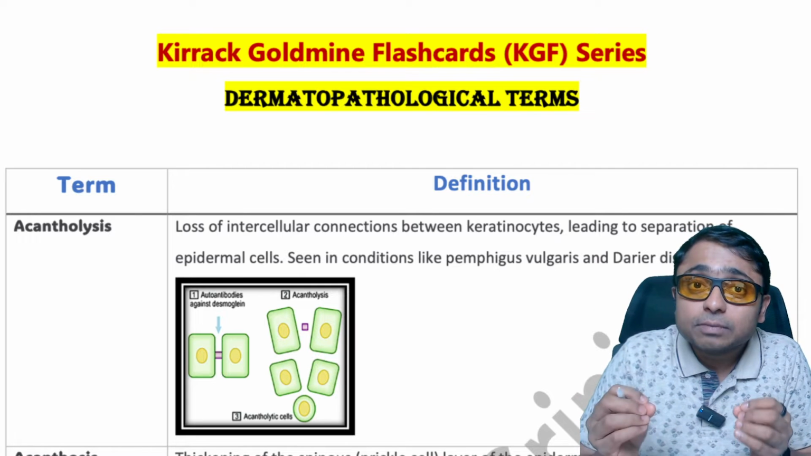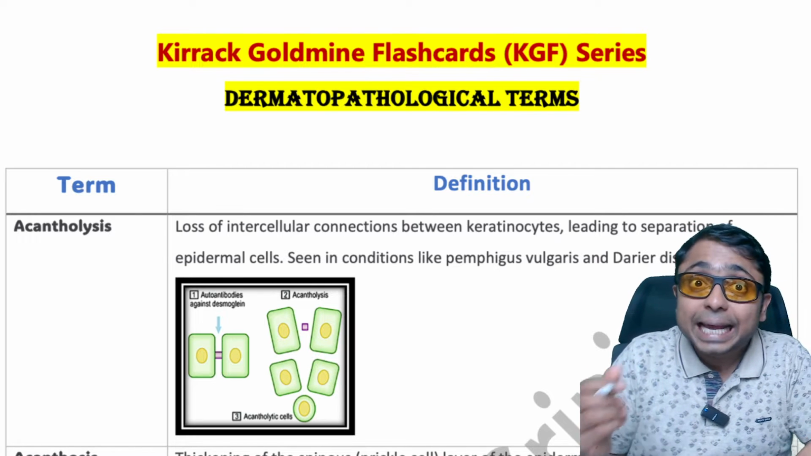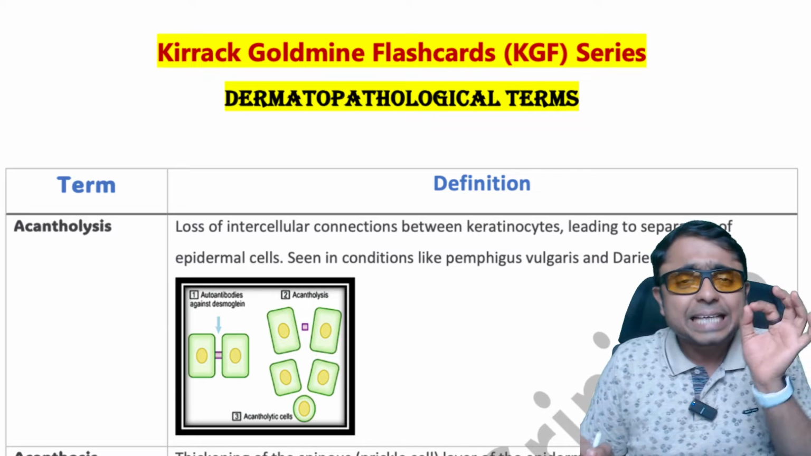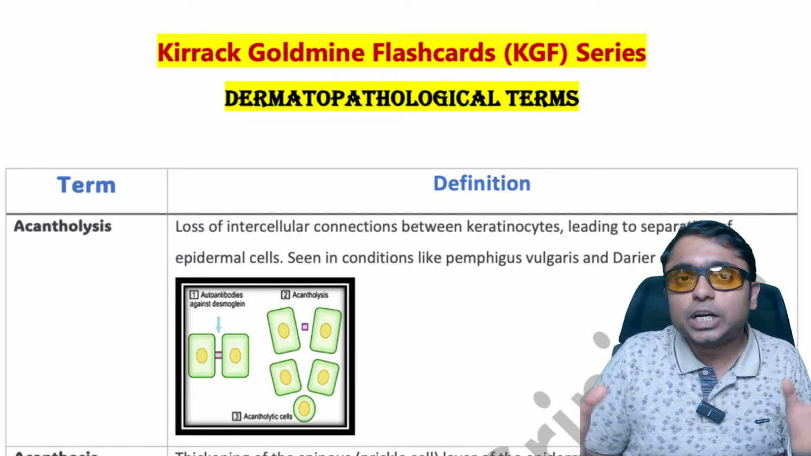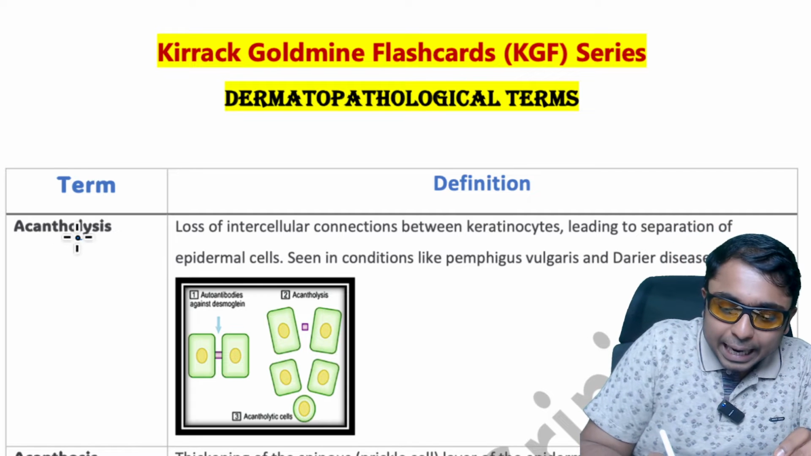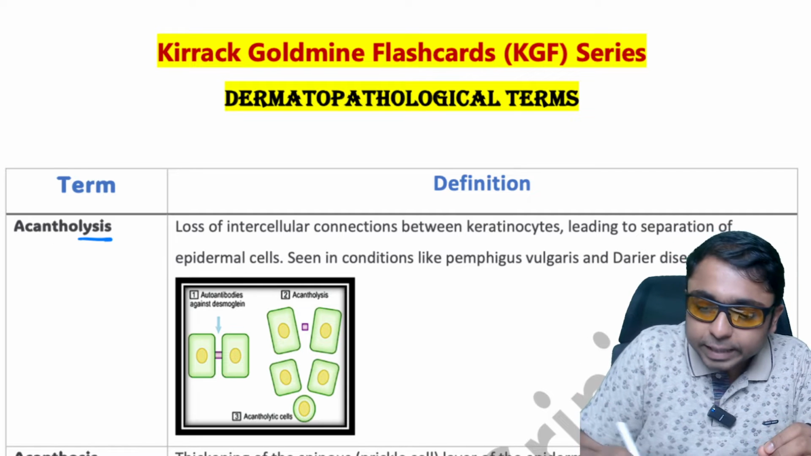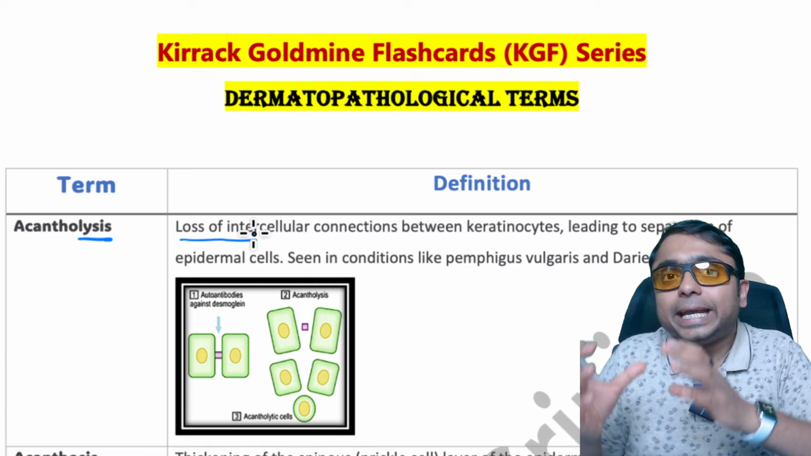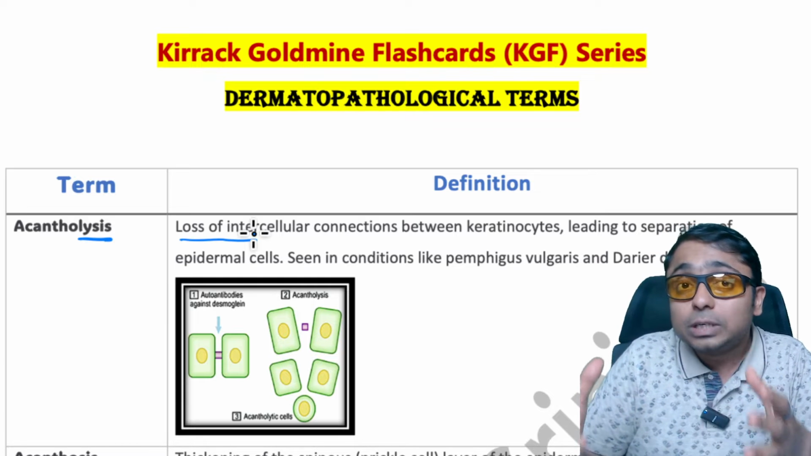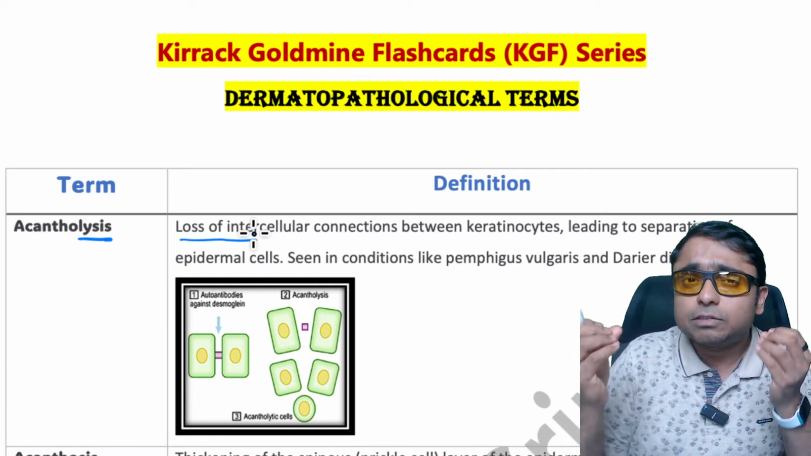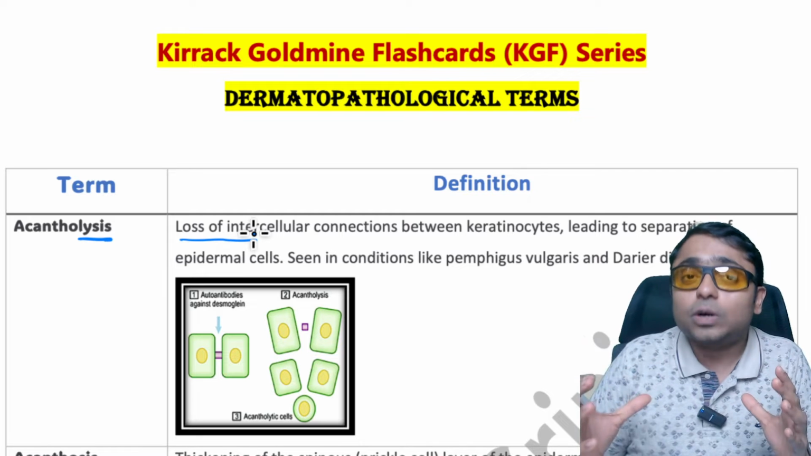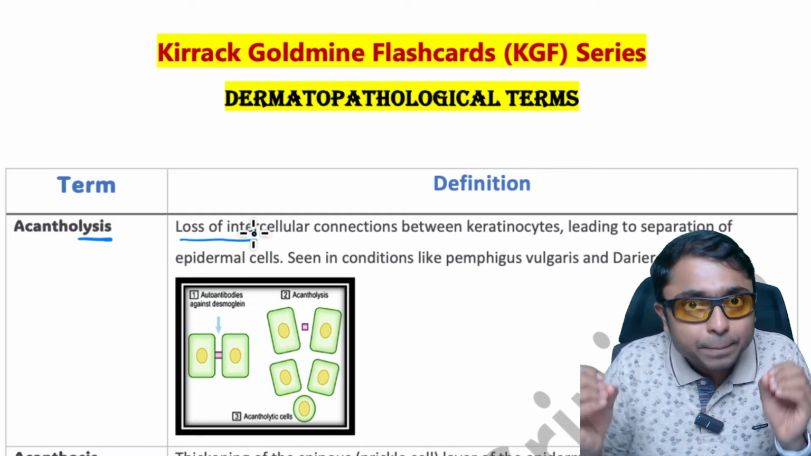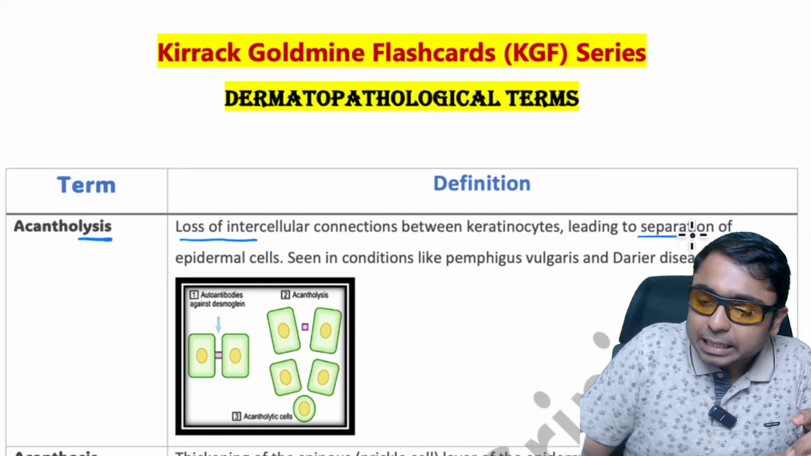So the first term which we are going to cover is called acantholysis. Whenever you hear this term acantha, remember we are trying to explain something in relation to stratum spinosum. Lysis means loss of the intercellular connections between the keratinocytes. Remember students, keratinocytes are the principal cells which are present only in the epidermis. So acantholysis is seen in disorders which have a problem in the epidermis, and ultimately there will be separation of